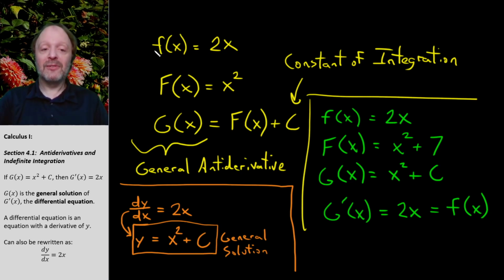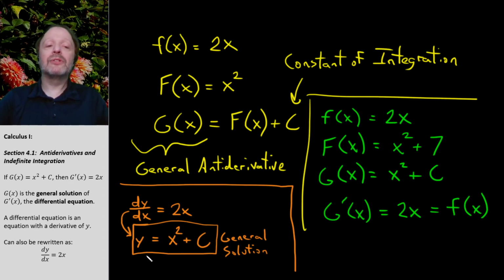You start out with a little f of x. You find the antiderivative of that. You add the plus c to it to get the general antiderivative, which is also sometimes called the general solution, but usually the general solution is in reference to solving this type of thing where we have a rate of change and we want to know what the actual amount was,